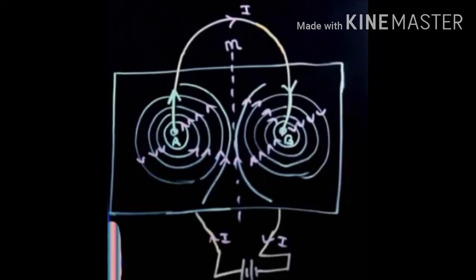Clear? Now the same magnetic field, if it goes to B, what is happening? The current is coming down, from top to bottom. That means at B, what type of magnetic field will it create, in which direction? When it comes downward, it will form the magnetic field in the clockwise direction. Clear? In which direction is the magnetic effect forming? Clockwise at B, anti-clockwise at A.